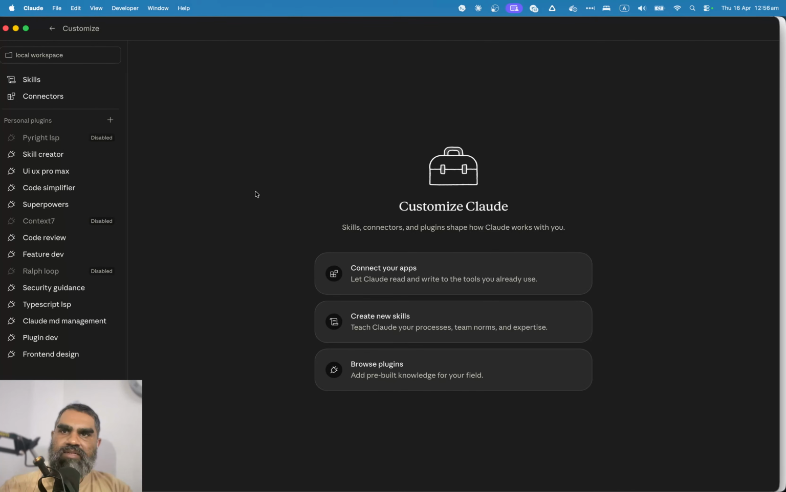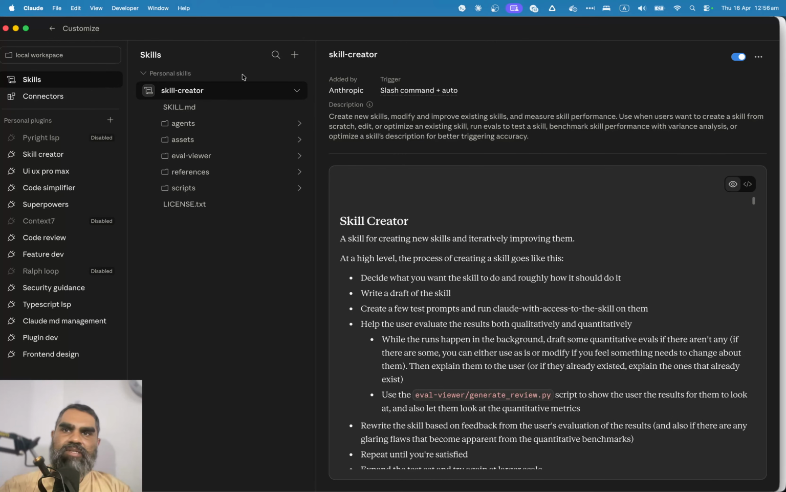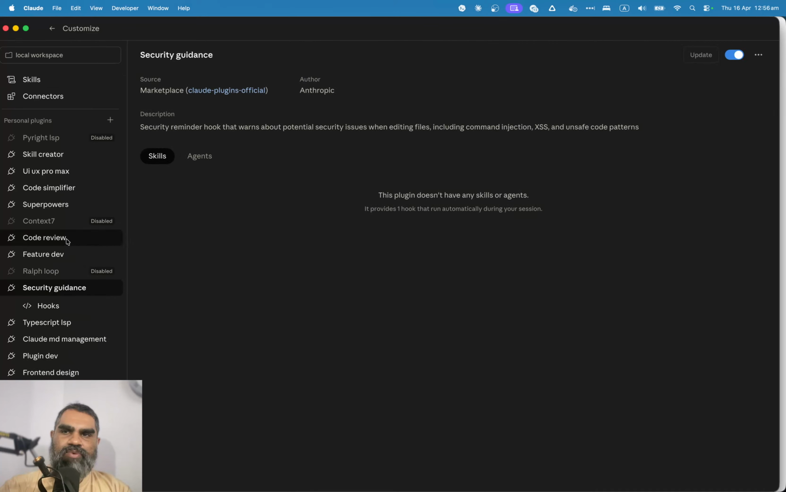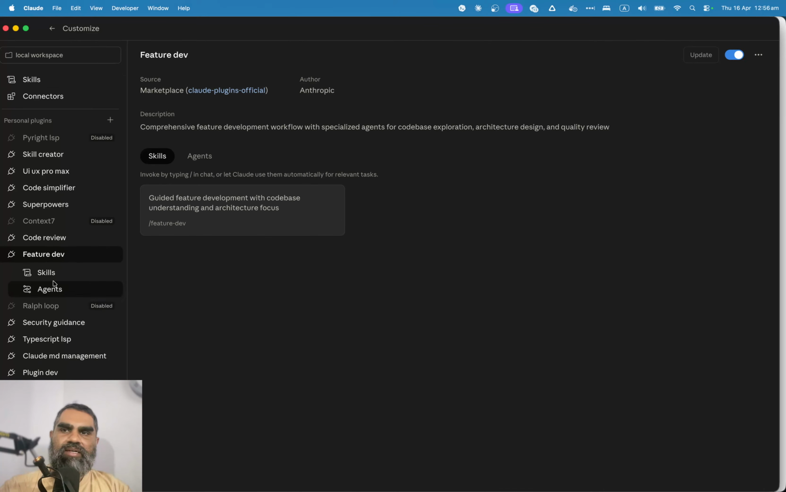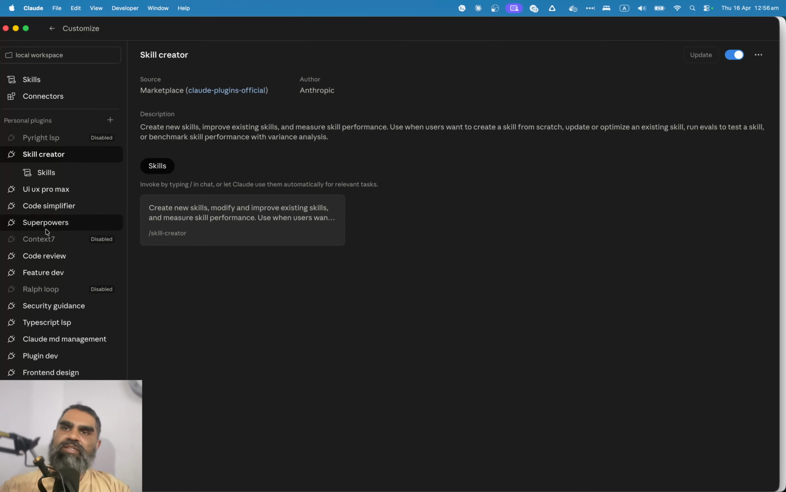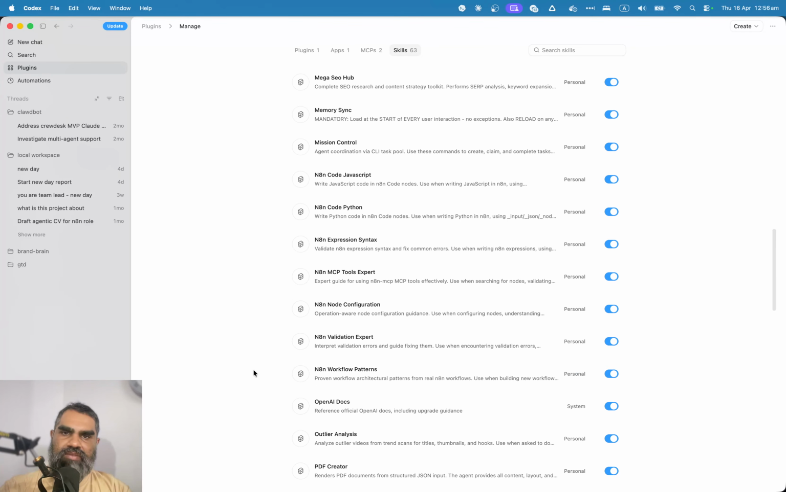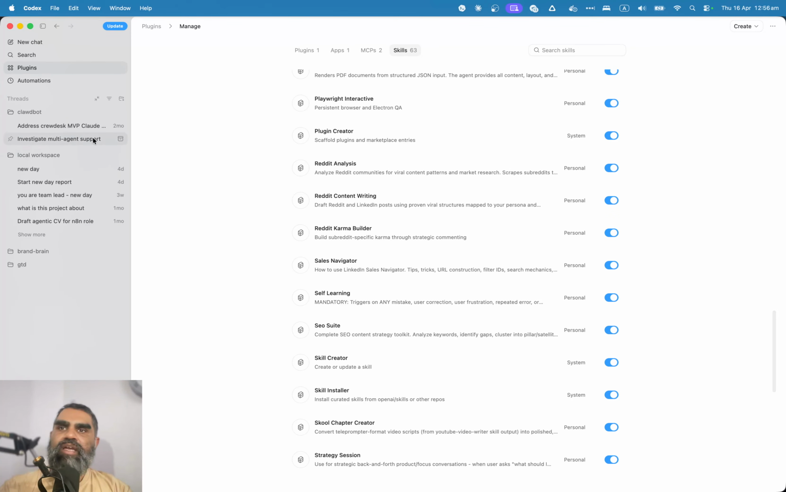I have this customize here, skills, but that only pulls the skill creator that comes bundled, and I don't know where this is pulled from. I think this is from the plugins. These are just the plugins. It's come from the plugins actually. But anyway,